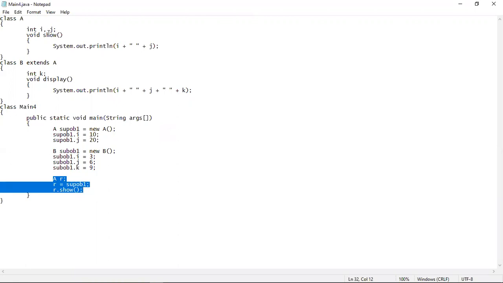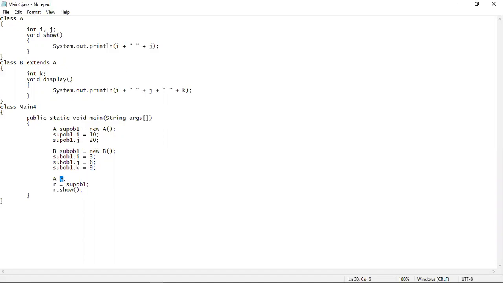So I'm not explaining in detail because this program also implements simple inheritance. This is the superclass. These are the contents of the class. This is the subclass. These are the contents of the class, and this is the main class. This is the main method. Inside it, the superclass object has been created. These are the two variables that have been assigned with these values 10 and 20 using the superclass object sup ob1. This is the subclass object sub ob1. Using it, we have assigned 3, 6, 9 into the three variables of this program, i, j, and k.